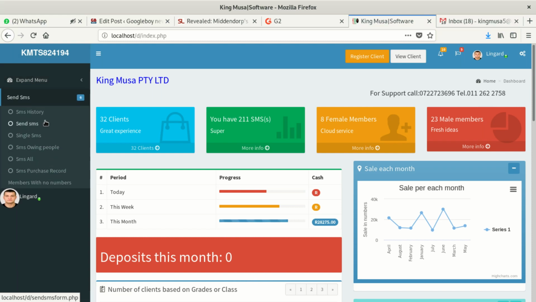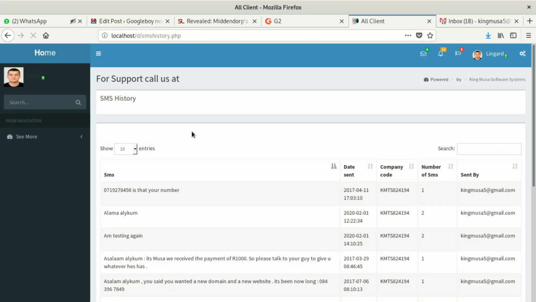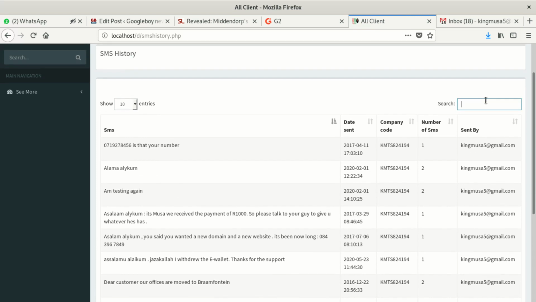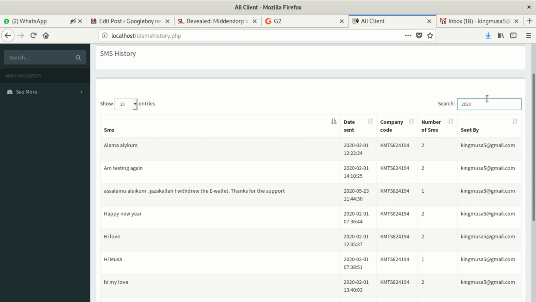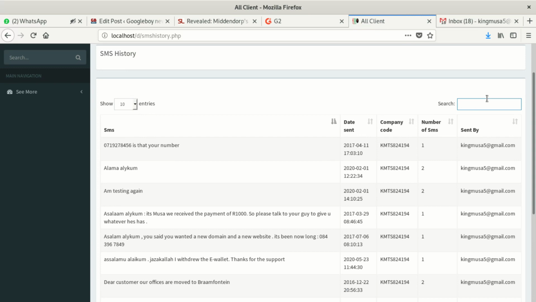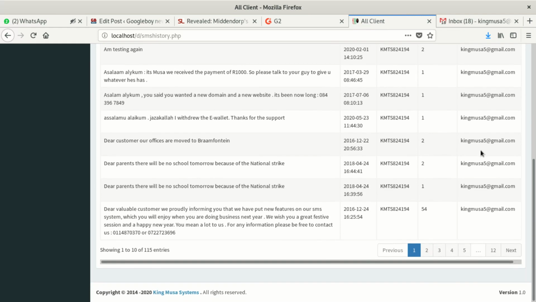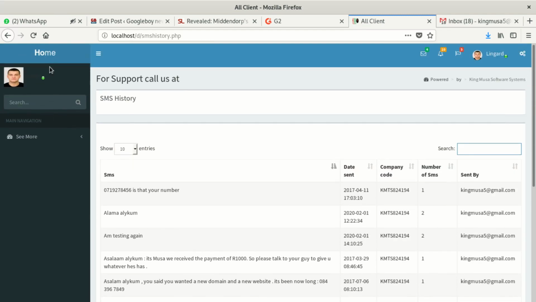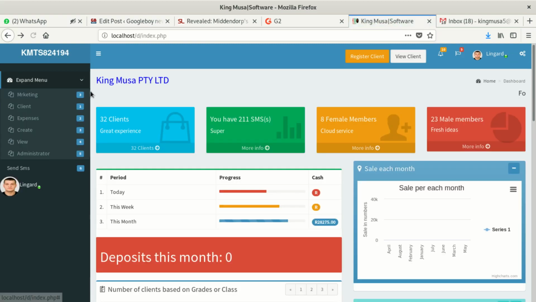SMS system. In the SMS system, you can click on SMS history. You can see that these are the SMSs we sent, and you can search SMS by date. 2020, did we send any SMSs? It says 05. Yes, in 05 we sent that. So you can search any SMS by date or by sender. This is the sender. SMSs come with the name of the sender attached here. So after that, you can go back here, and